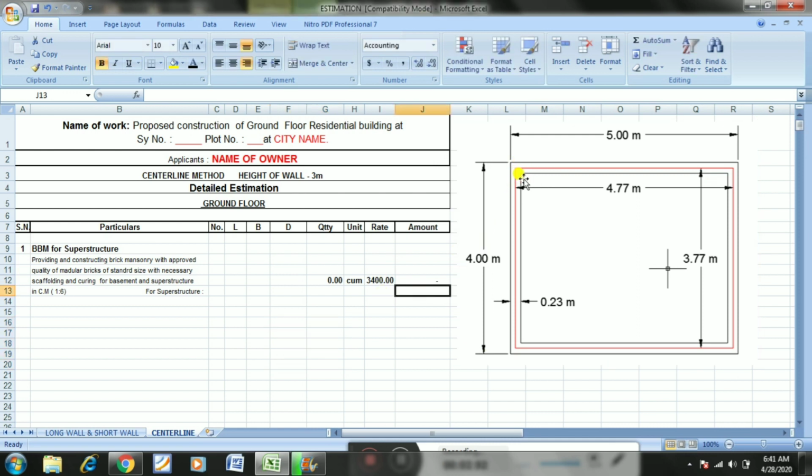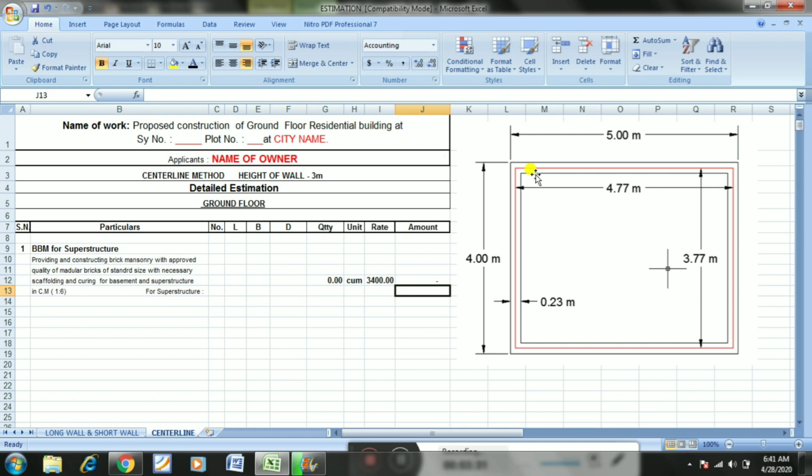In this method plus minus junctions come into picture, some overlapping of area comes into picture, and another corner will not be considered. Especially when 3 walls are connected at a point, at that junction you need to deduct some area or some length of the wall.